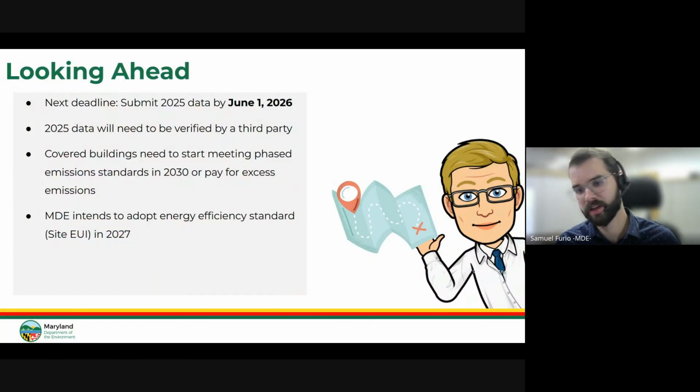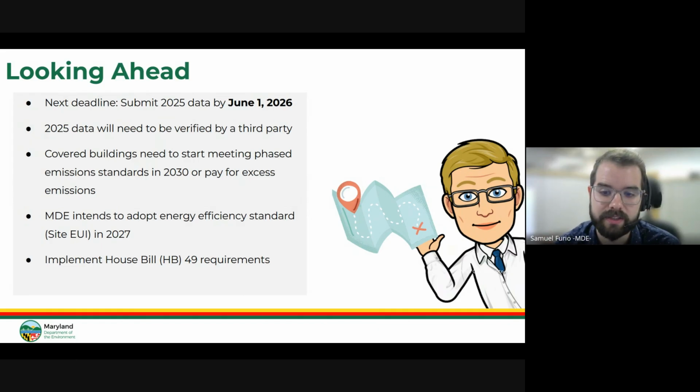So if you're assessing your building's performance out of the data you're getting back this year, and you're starting to assess improvements to your property, we recommend not installing any inefficient electric equipment, as we intend to adopt this energy efficiency standard. So we'd advise avoiding that kind of inefficient equipment if you're making upgrades.